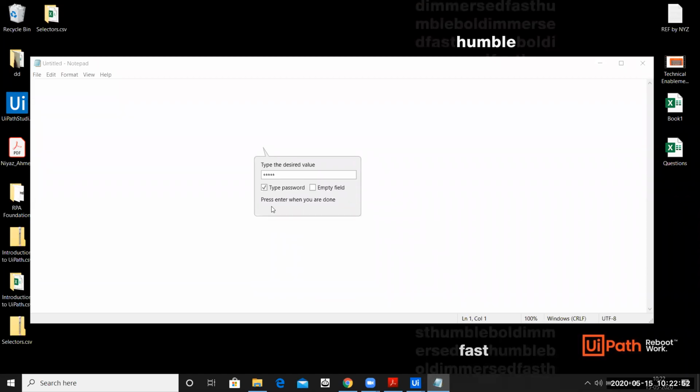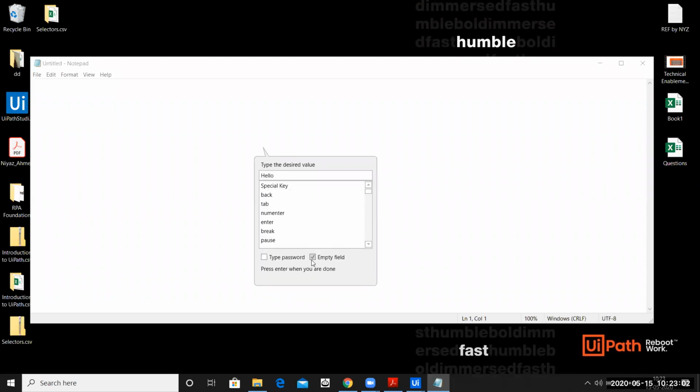You can see the text has been hidden, so special characters come up if it's a password, or you can always say it's an empty field. An empty field basically means if there is something already written in the text area, it will first erase everything, and then type the new message there.